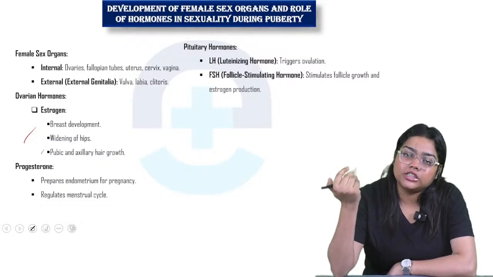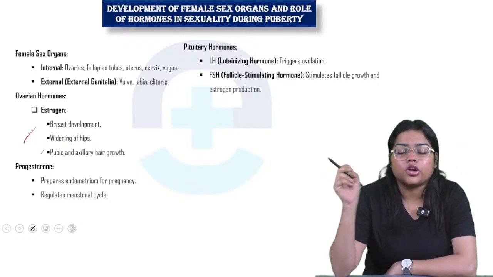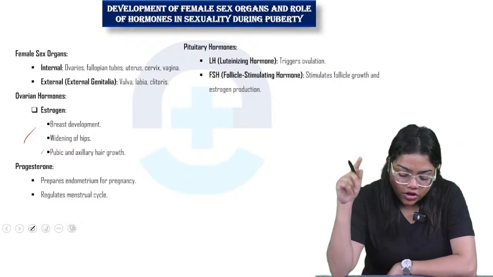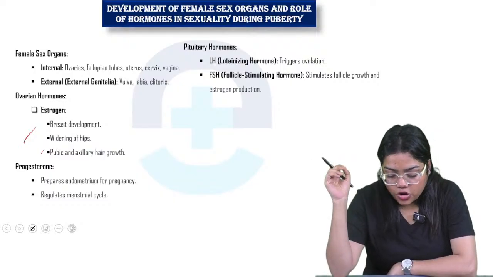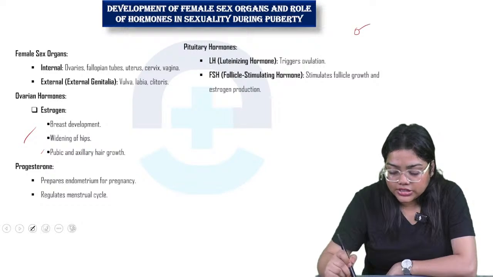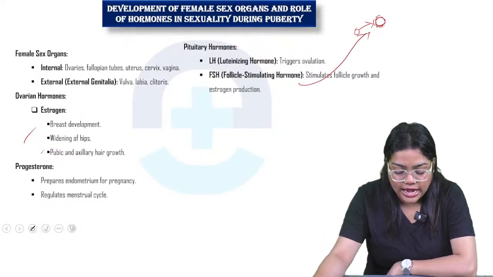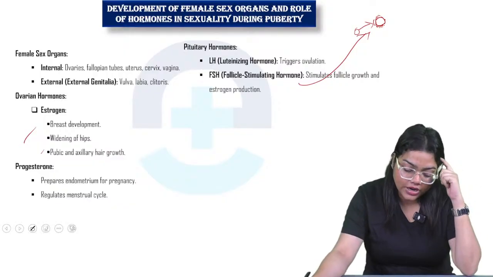It will trigger the ovaries for ovulation to produce the ovums, or what we call eggs. And follicle stimulating hormone will stimulate the follicle growth, when the ovum is becoming follicles. It helps them grow,